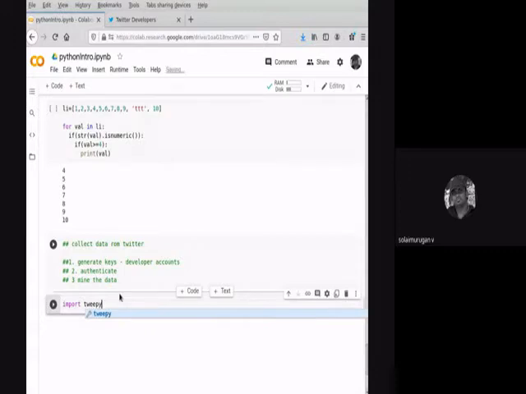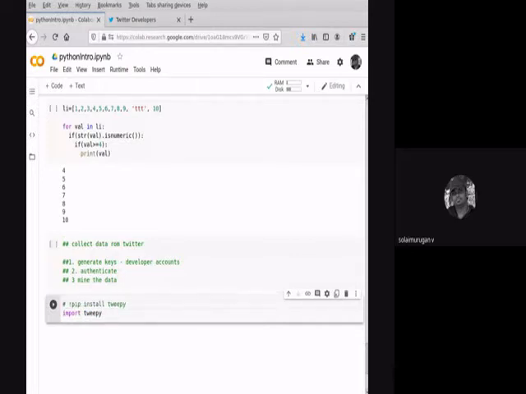This package might not be available in your Colab, or if you're using your own Jupyter notebook in your system, then this package might not be available. So you have to install it. What's the command? As I said yesterday, pip install tweepy. So this is the command to install this package. Okay. Any comments?